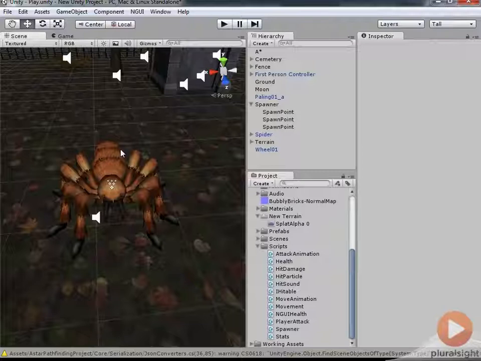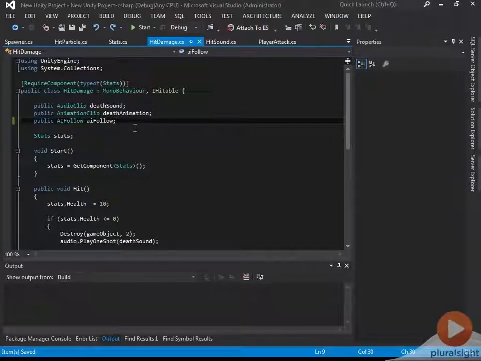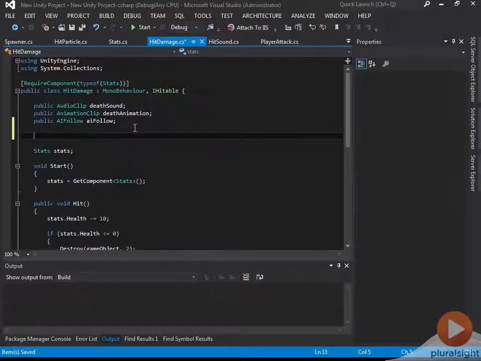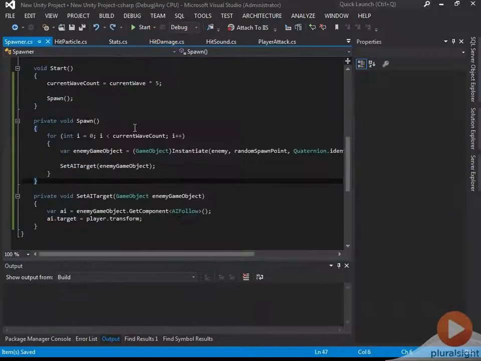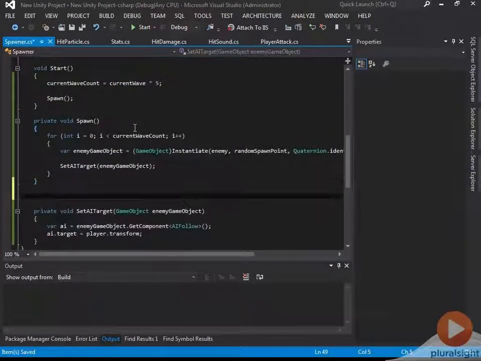And now the last bit of logic we need is that when a spider dies, it needs to let our spawner know to subtract 1 from the current enemy count. So now back in our hit damage script, what I'll do is I'll add in an action, and I'll set up the namespace, and we'll call it has died. And then inside our spawner script, I'll create a function called enemy